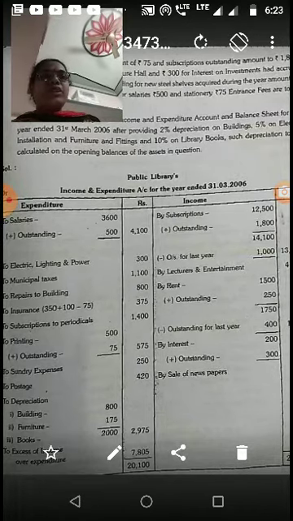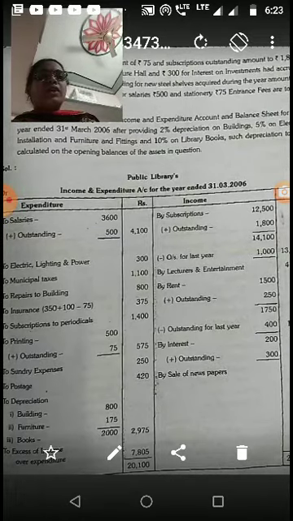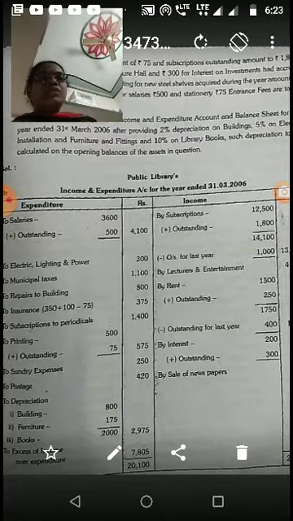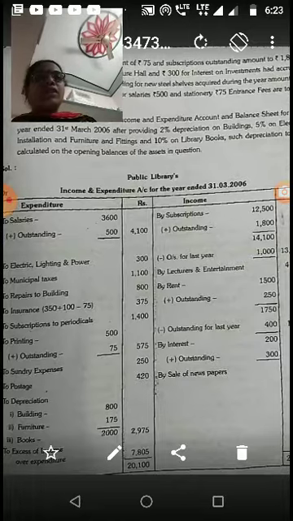250 was owing for use of lecture hall, and 300 for the interest on investments had accrued due. There were creditors outstanding for the new steel shelves acquired during the year amounting to 1,750. There were dues owing for salaries 500 and stationery 75. Entrance fees are to be capitalized.